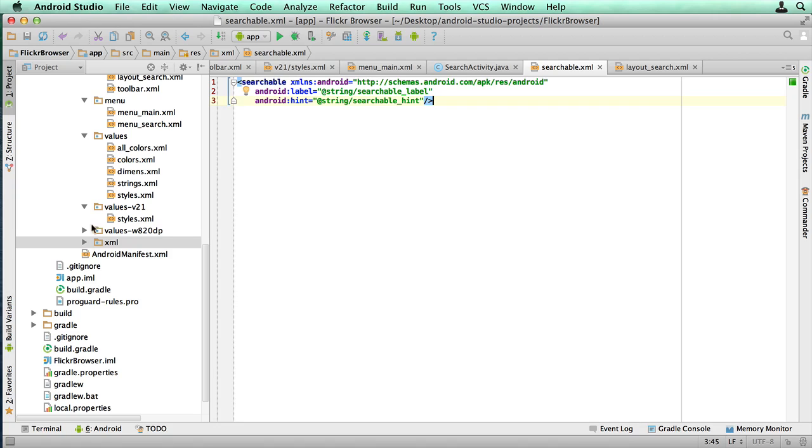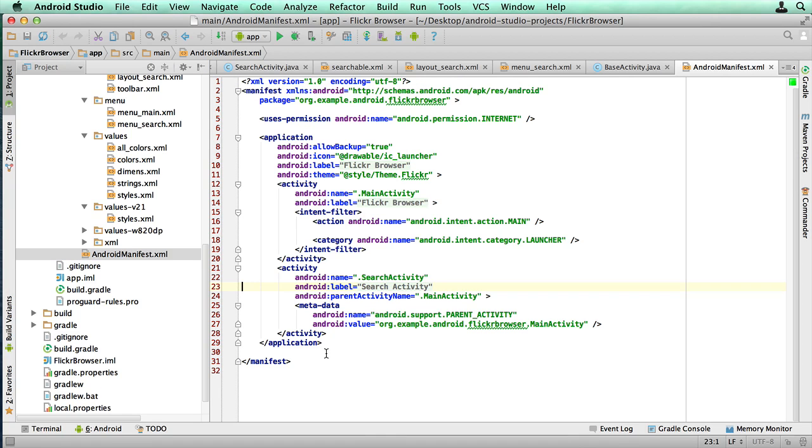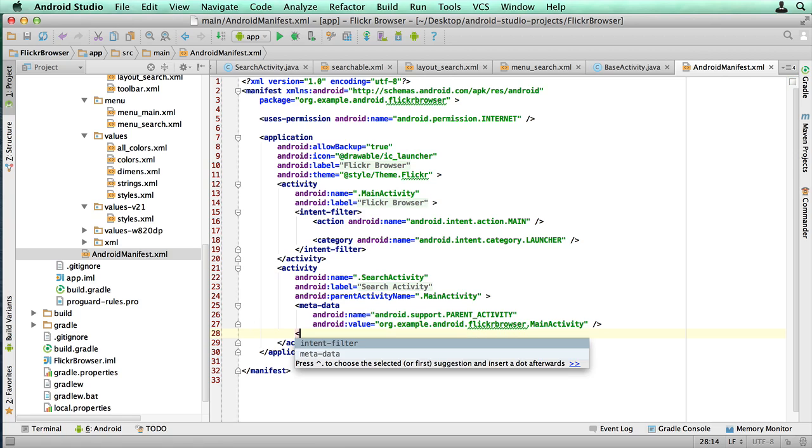Now we need to go into our manifest file, and we need to tell that screen to use that searchable bit of information, so it knows that it's configured for the searchable property, and also it's going to be using that searchable system service. So what we need to do is go to our activity for search, and we go straight in, and after this metadata we need to add a couple of things. We need to add an intent filter which tells Android we're going to be using that searchable service. So we're going to type intent filter